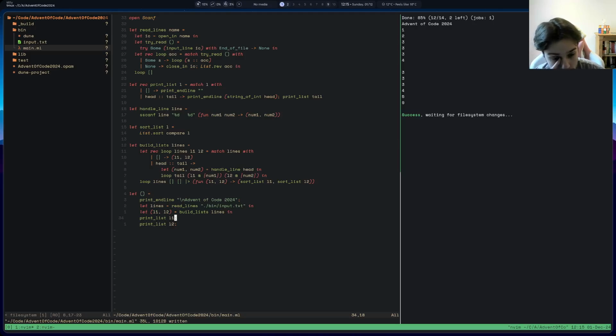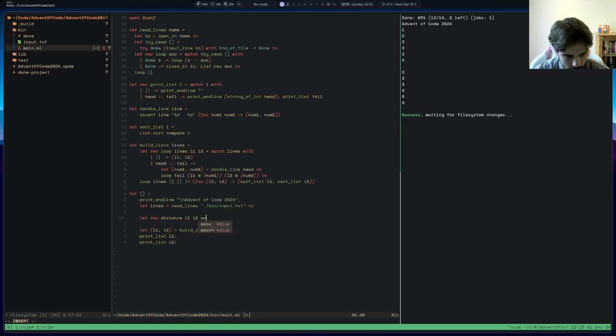Now what I have to do is I have to do an accumulate. Yeah, let's do recursive of distance. That's going to take in two lists, L1, L2, accumulate equals. Okay, so we're going to match L1, L2 with empty,